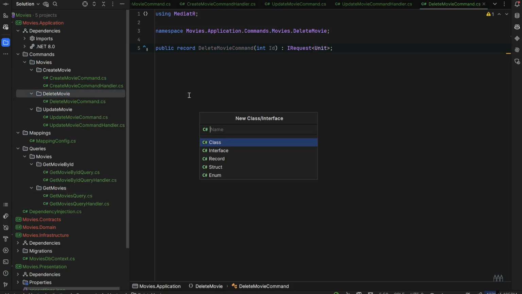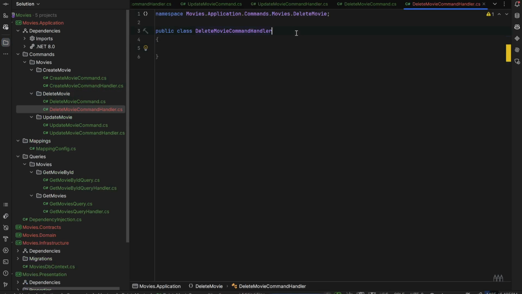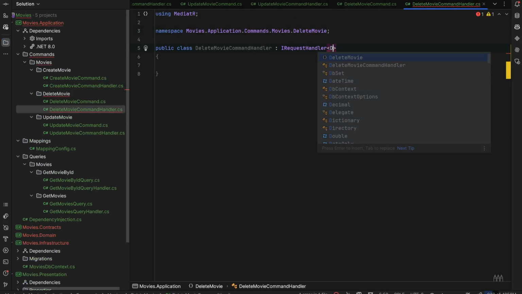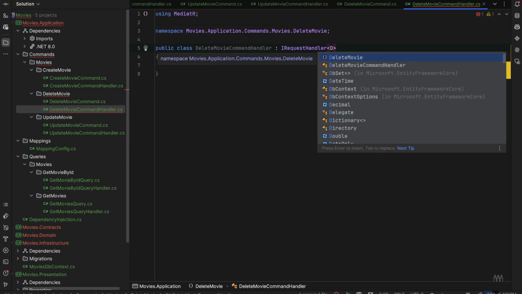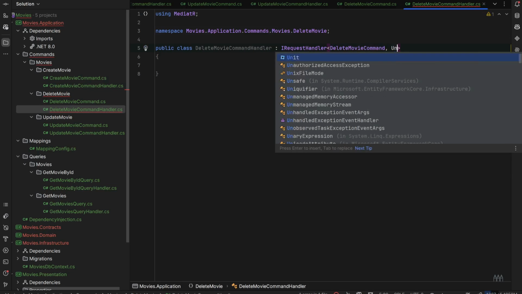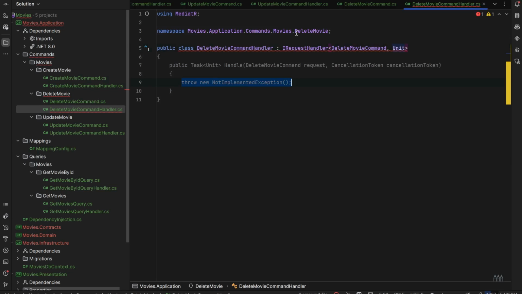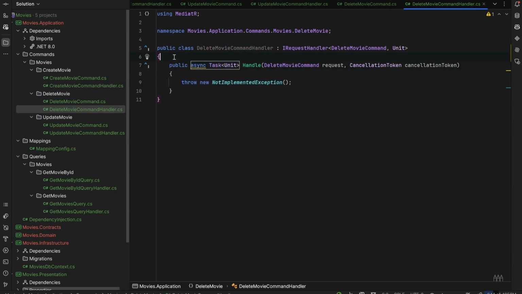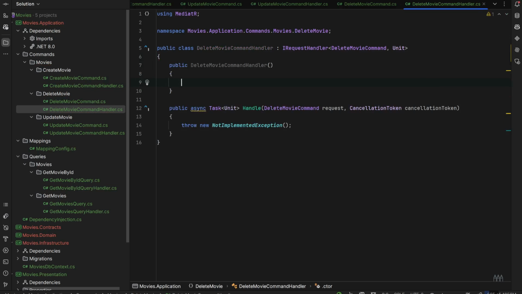So it will be DeleteMovieCommandHandler, and the same as before, we are passing the command and what we are returning. Don't forget about the async keyword, and also to pass the context,